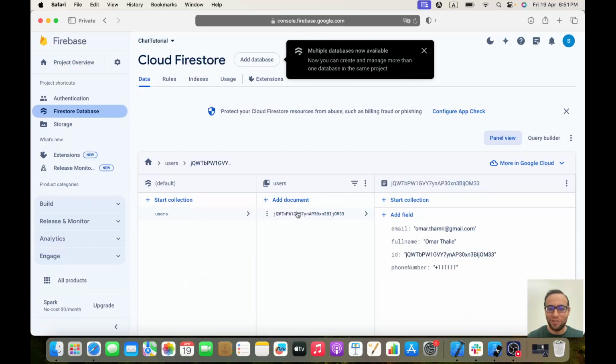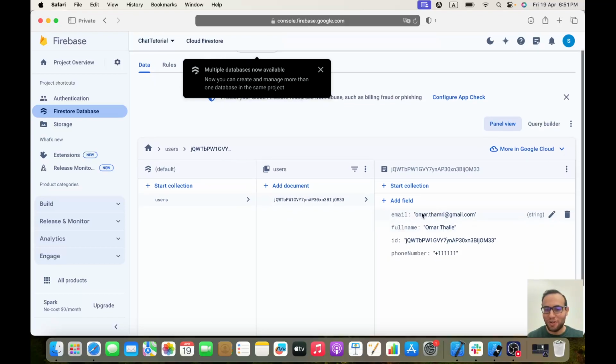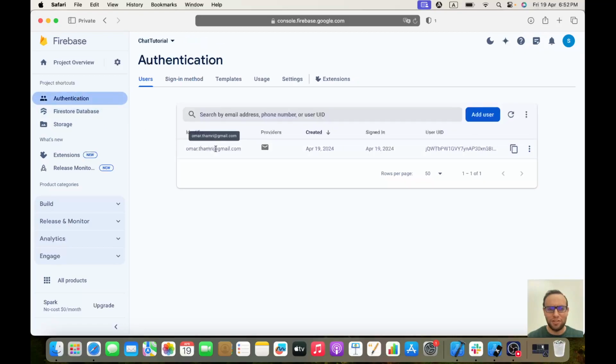We got the document ID, and as you can see we got email omar.femri@gmail.com, the full name Omar Tali, I think it was auto correction, the ID and the phone number, and the ID you see it's the same, so it's right, and the phone number, that's perfect. If I even go also to the authentication, I will see that there was a login from omar.femri@gmail.com today in April